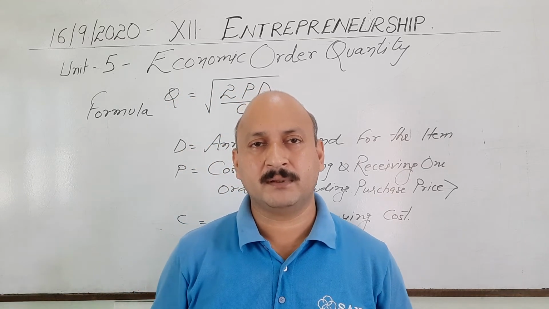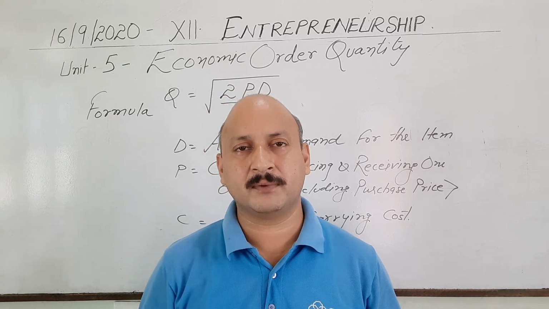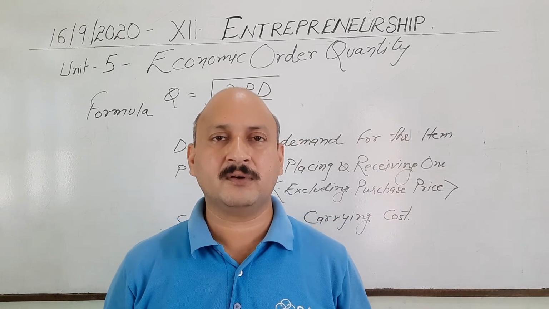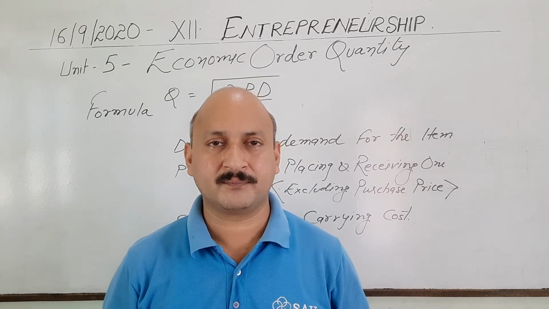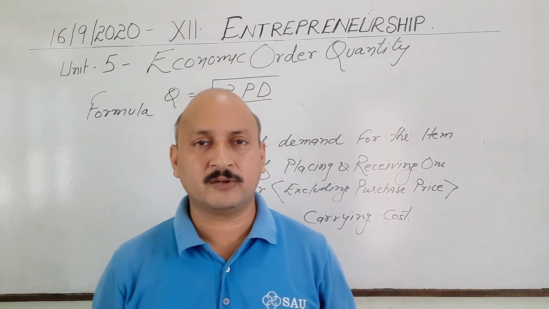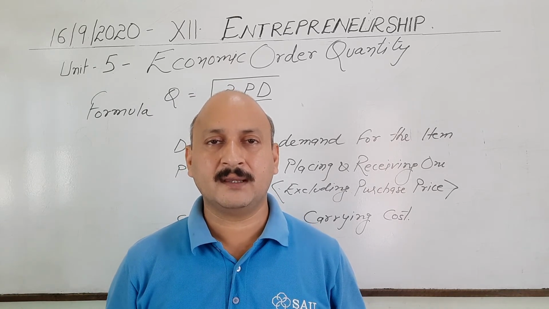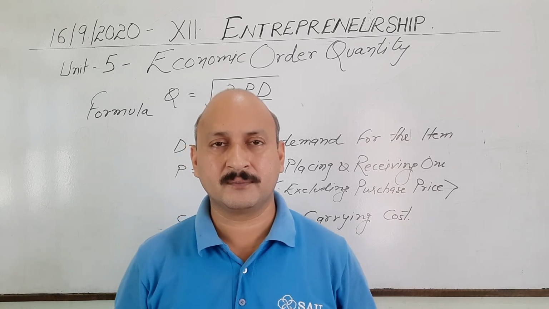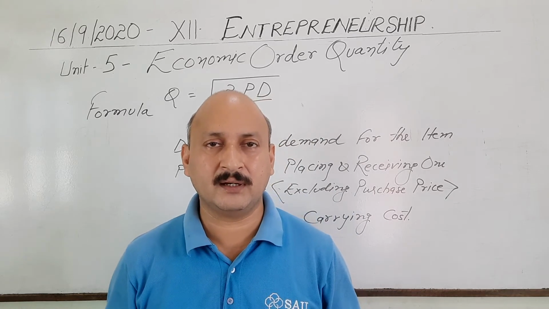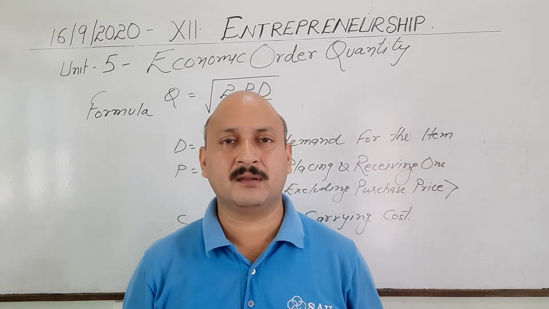Suppose you are a shopkeeper, or we can say a new shopkeeper, and you don't know how much quantity of a particular good is to be ordered. So this is a common problem. Those who are experienced in trading know or guess what quantity would be sold. So there is no chance of guesswork. We can directly calculate it by a formula, and that is known as economic order quantity.